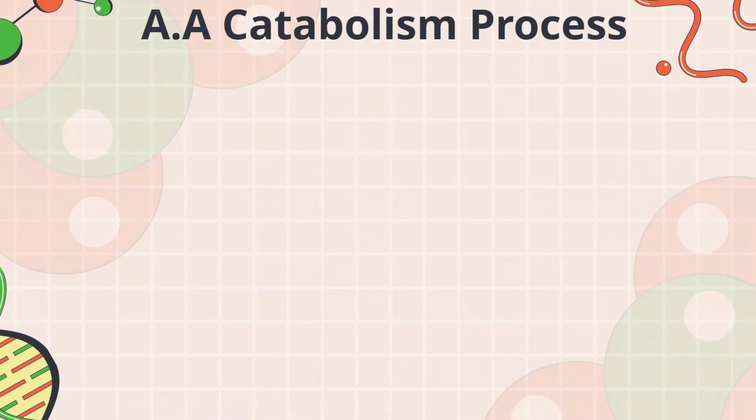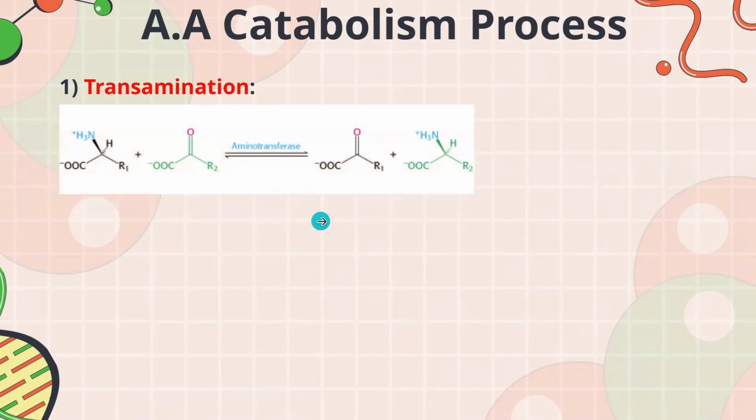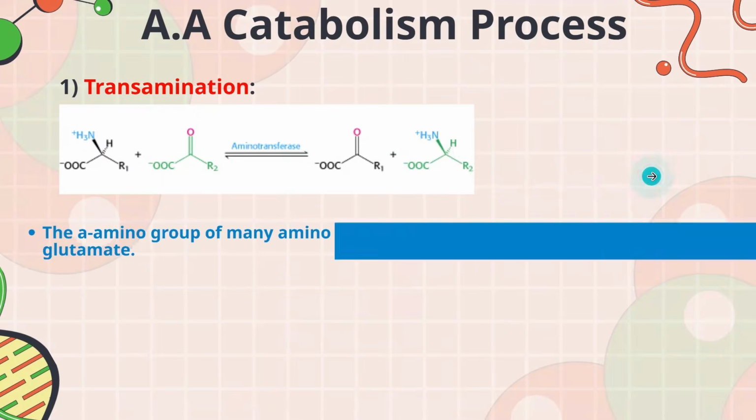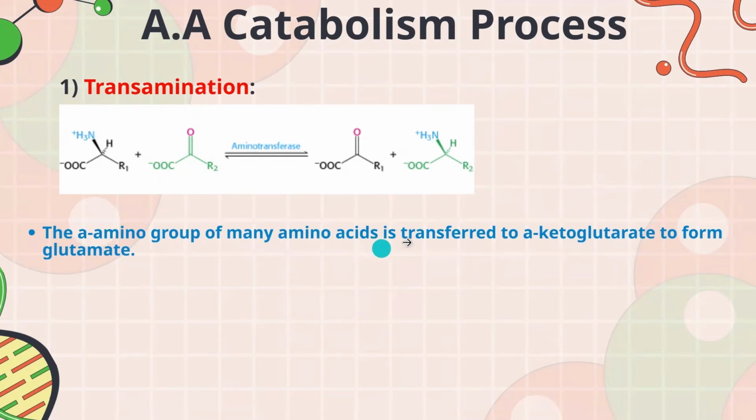Now let's actually get into the process, which begins with transamination. Transamination occurs when you have your amino acid and your alpha ketoglutarate. In transamination, we transfer the amino group to the alpha ketoglutarate, and this is done by your alpha amino transferase. When it transfers it, you're left with new byproducts, so we're going to talk about them. The amino group from the amino acid is transferred to alpha ketoglutarate to form glutamate, okay? And this is your first byproduct.